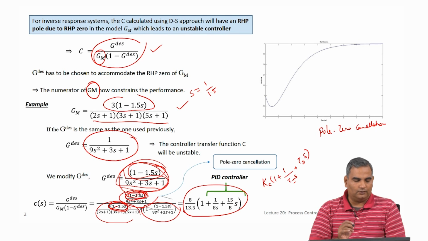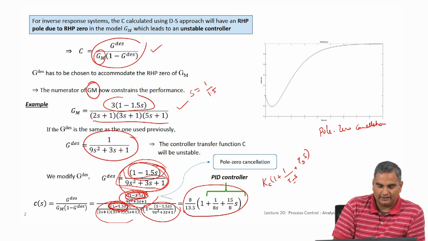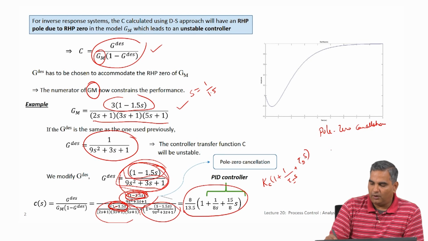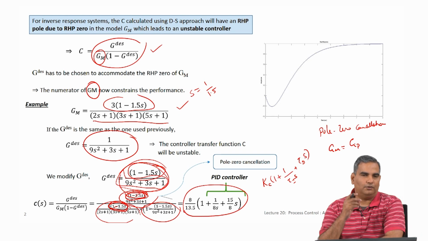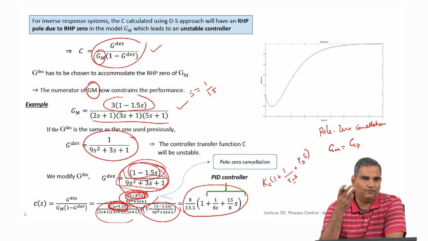So, in this case, you got to remember something. When we moved away from the traditional undergrad control topics to more advanced topics, such as the one that I am teaching here, I said for the first time we are going to think about a model and the process as distinct transfer functions. We want the G model to be actually equal to GP, in which case there is no process model mismatch. However, in reality, GP will be slightly different from G model.